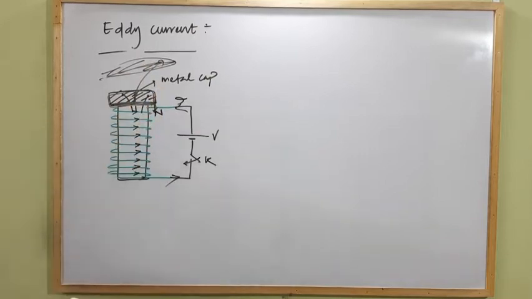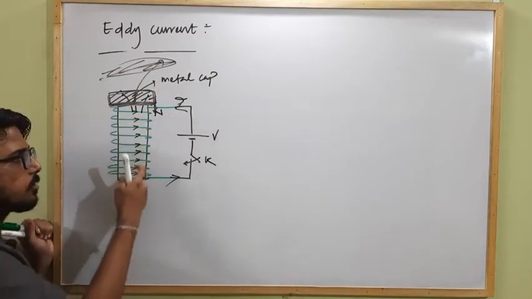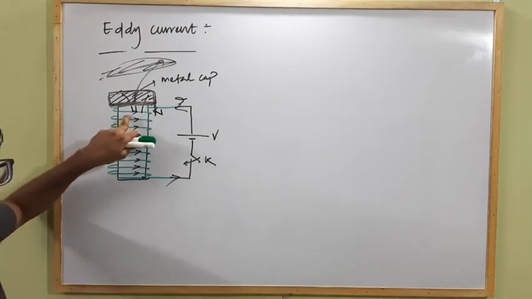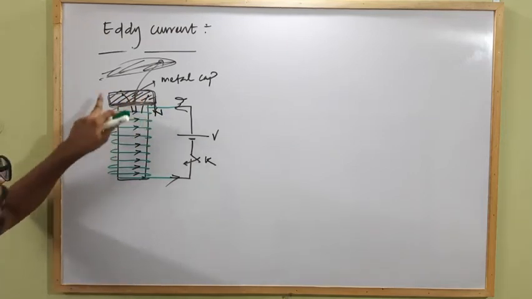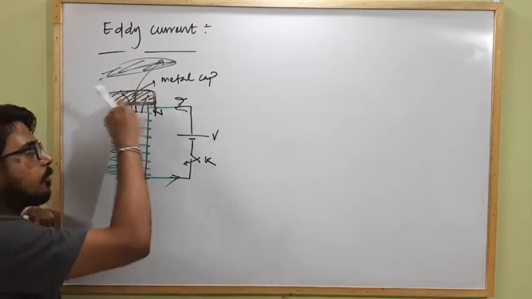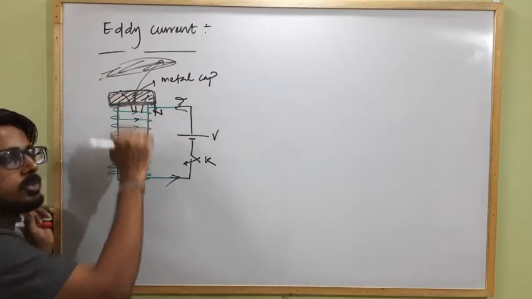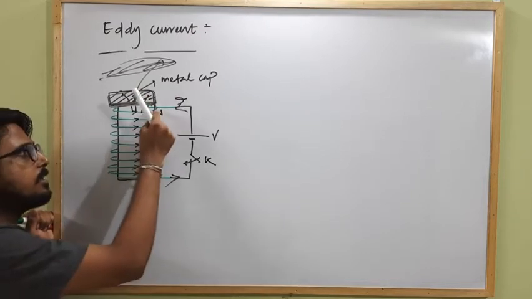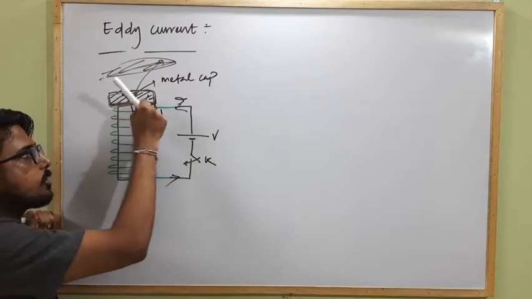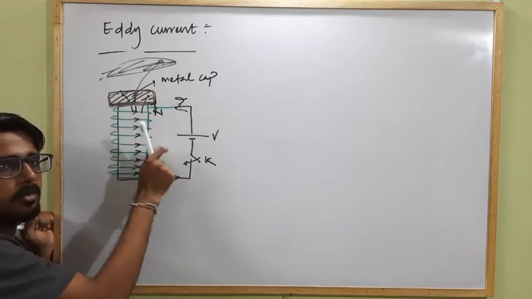Clear? So when current starts flowing through this coil, it produces a magnetic field, and as the magnetic field increases, the flux linked with this metallic cap increases. So it produces an eddy current to oppose the change in flux, and if the upper surface of the coil behaves as a north pole, the lower surface of the metallic cap also behaves as a north pole to oppose